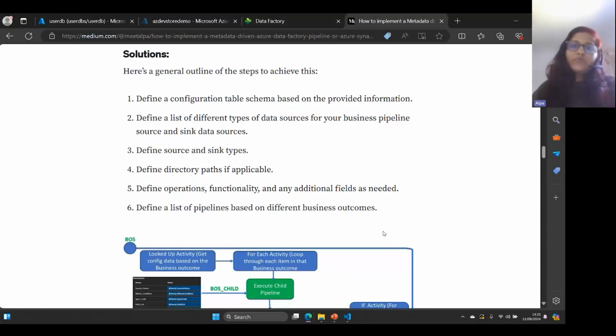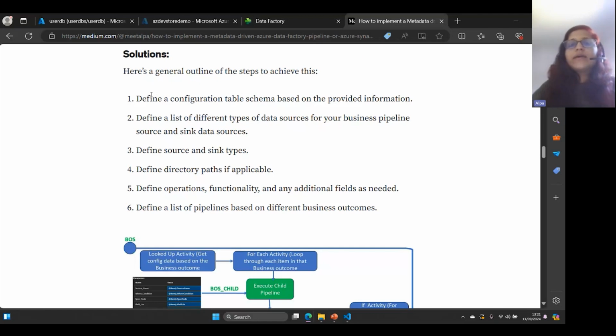So I think you may have a question: we have three business outcomes, so at least we should have three pipelines or something like that. But we have only two pipelines, and that is also not for a specific business outcome, it's a generic one. So here you can see that when you have this kind of requirements, first you need to analyze your requirements,